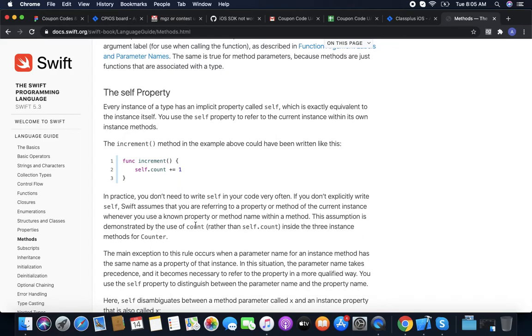Every instance of a type has an implicit property called self. Enum, structure and class all three have a self variable, which is exactly equivalent to the instance itself. You use the self property to refer to the current instance within its own instance method.